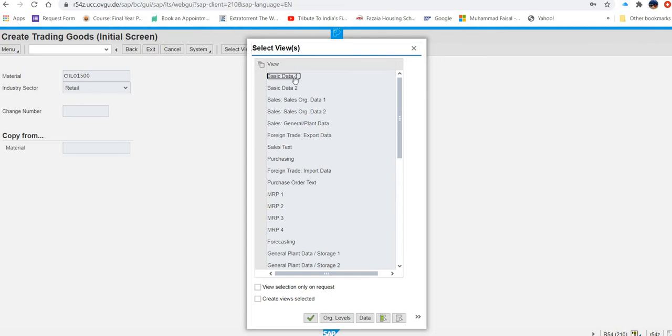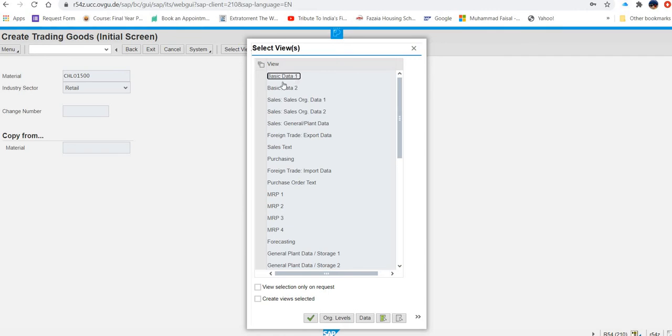And this menu or list of selected views is open. Now over here you have to be very careful about what views you have to select and the rest of them you are not going to select. That is very careful, because on the basis of this selection of views, your material will be created. And if you created something extra, that will create problem for you. And if you missed something, that will create problem for you. So make sure you are selecting whatever views they are saying.